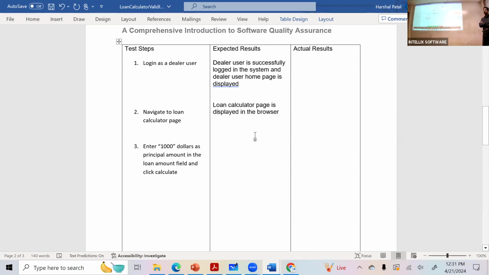Successfully open the principal amount, but I entered it, right? So if I entered the amount, what should I be expecting? I already took $1,000 as the total amount. What should I expect? What is the result?